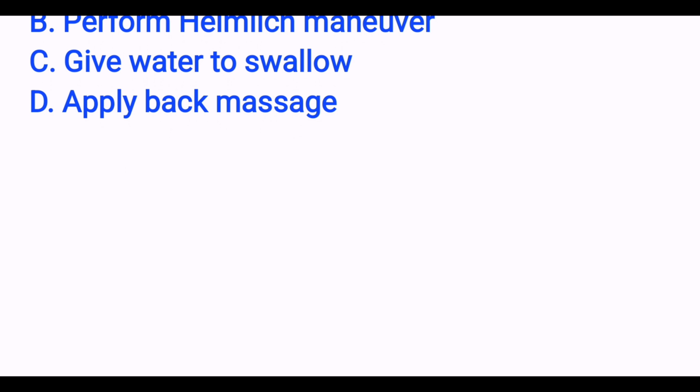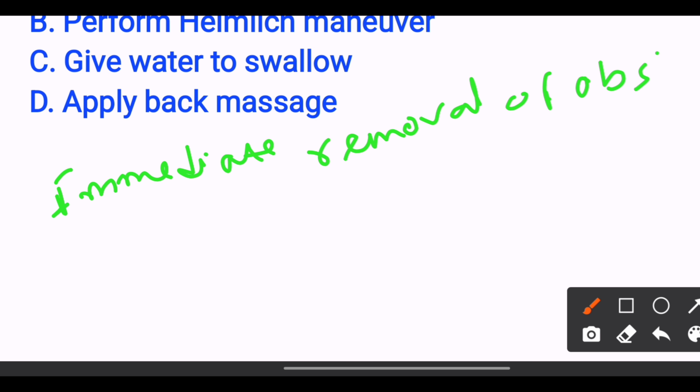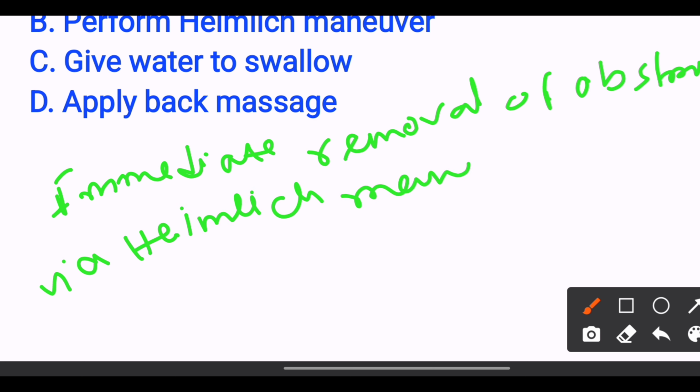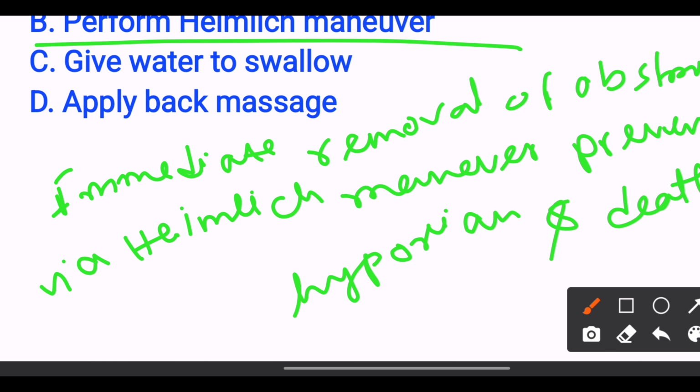Immediate removal of obstruction via Heimlich maneuver prevents hypoxia and death. So the answer is option B, perform Heimlich maneuver. Next,